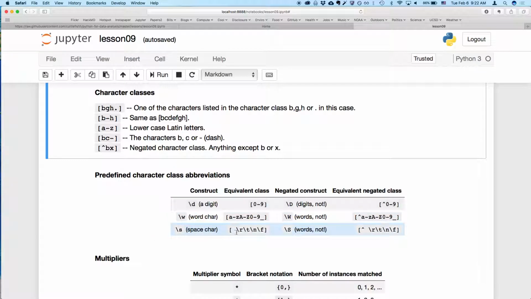And then there are several special characters. There's a space, which is just specified by a space, or a return, or a tab, or a new line. And these are all specified by a \s. And so to negate that, any non-space character,